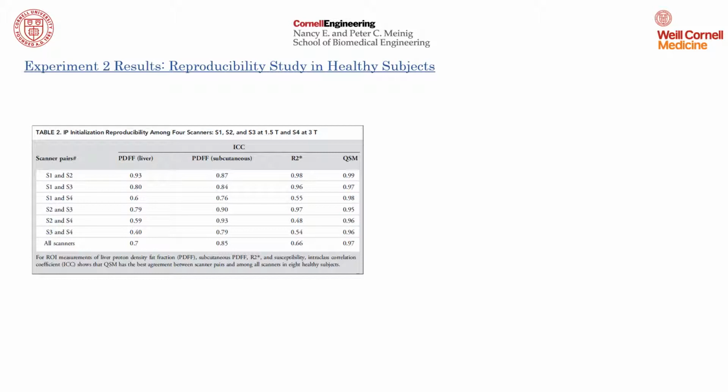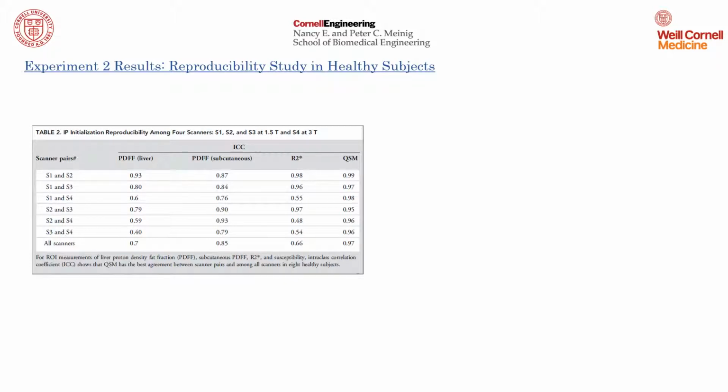Here Table 2 shows the results of ROI measurements in proton density fat fraction, both liver and subcutaneous fat, R2 star, and QSM in all 8 healthy subjects in this study. We calculated the intraclass correlation coefficient between scanner pairs and also among all scanners, and you can see that there is very good correlation for all measurements here, showing that the IP method is reproducible